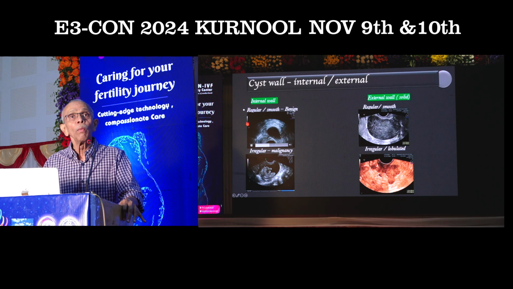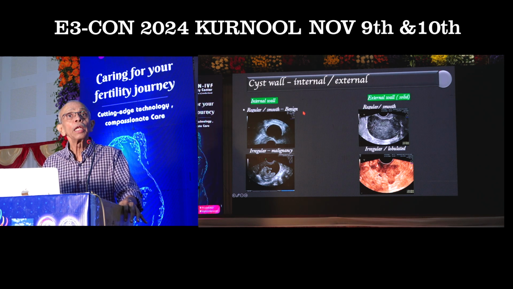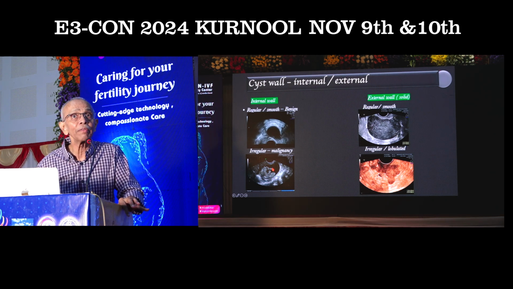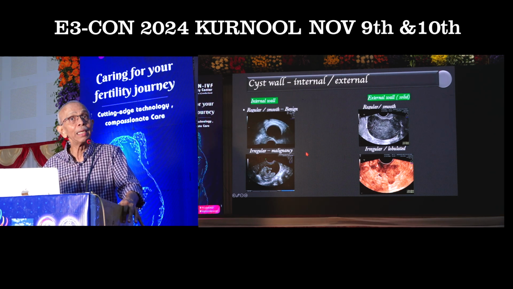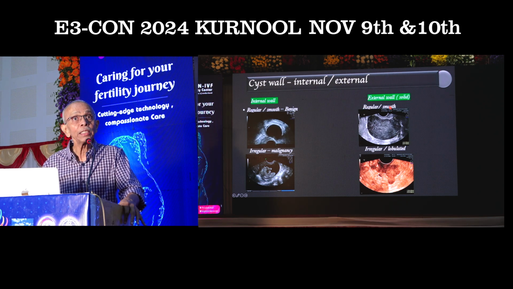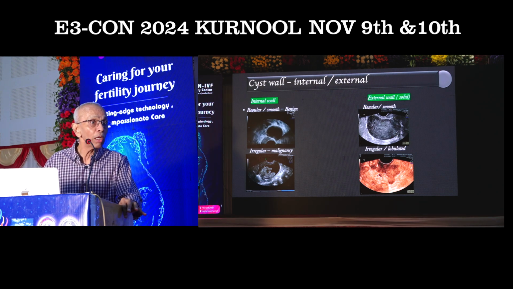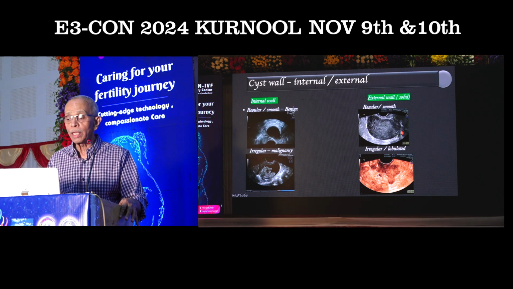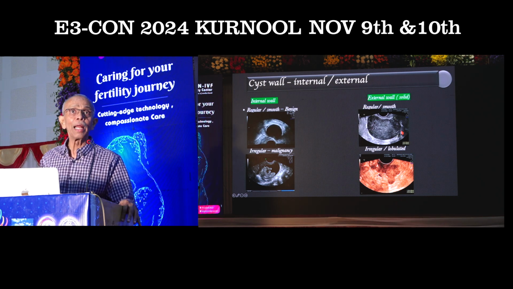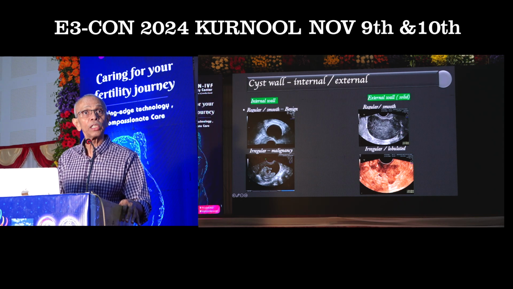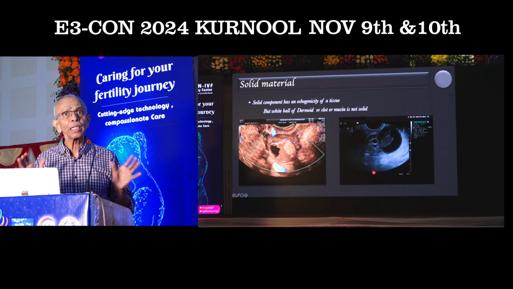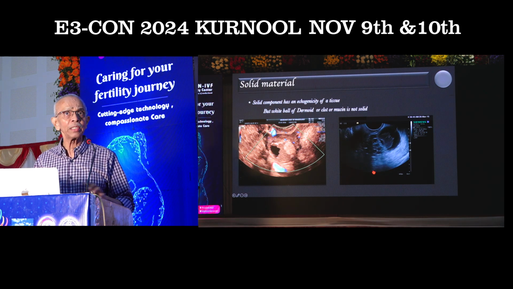The internal wall, whenever it is smooth and regular, quite often is a benign lesion. Whenever it has papillary projections or a solid component, as you can see, which causes irregularity of the internal cyst wall, then it could be a malignant lesion. Now, when it comes to the external wall, particularly when we are dealing with solid lesions, whenever you have a solid lesion with a smooth or regular outline, it is usually a benign lesion. Whenever you have a lesion which is solid but has a lobulated appearance like this, it has to be a malignant lesion. So these are a few terms and definitions that they have given.